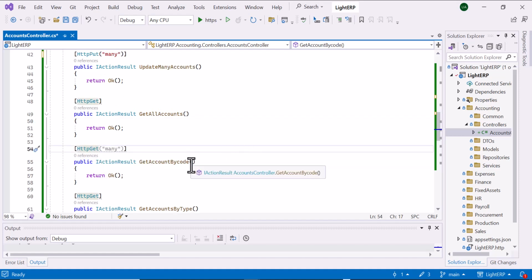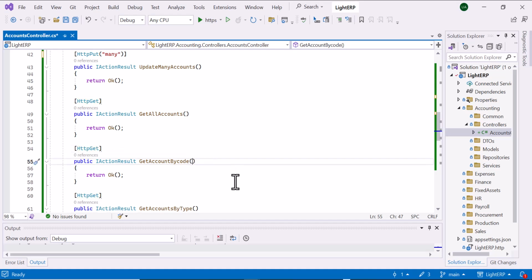This should be get by code, so it will be string code. Here we can put code and, sorry, not ID. Code,